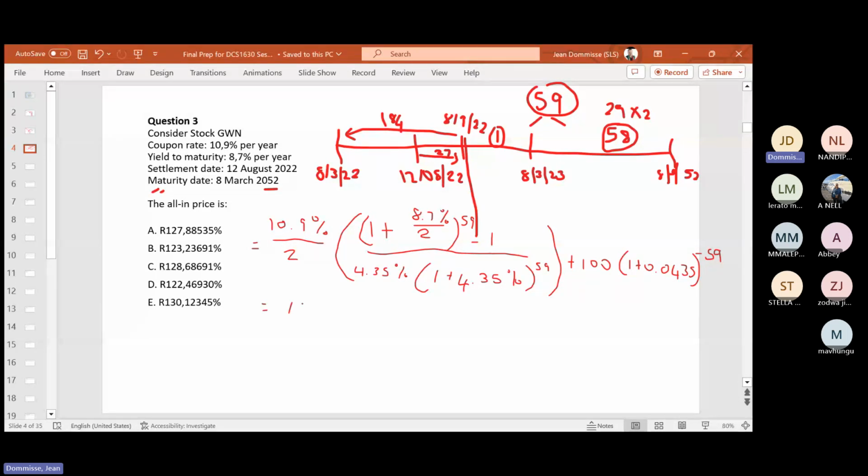So when we work that out, we get 123.23691, which is option B. But then what we still need to add to that is a few things. So we will need to add to that the 4.35,